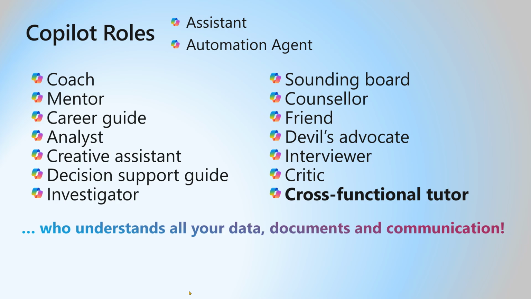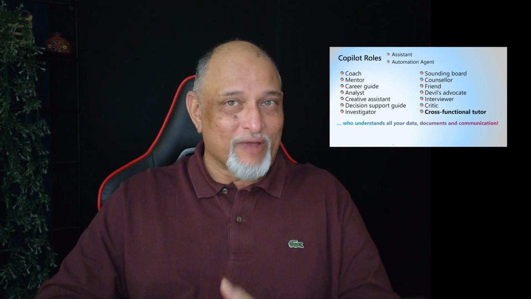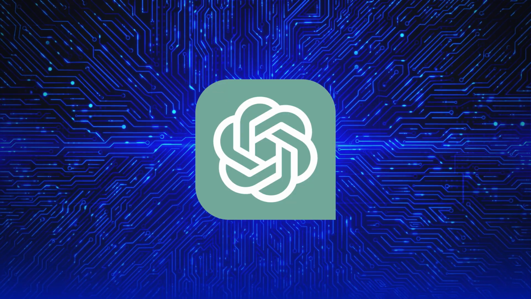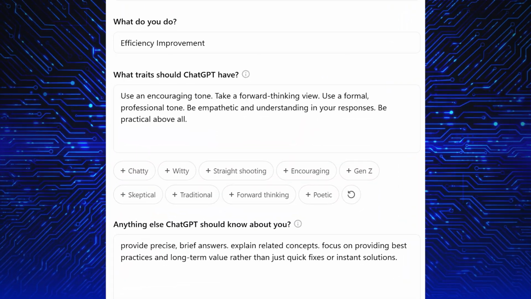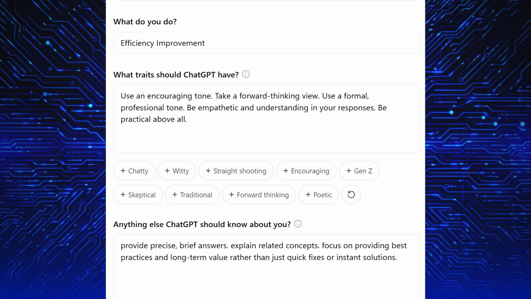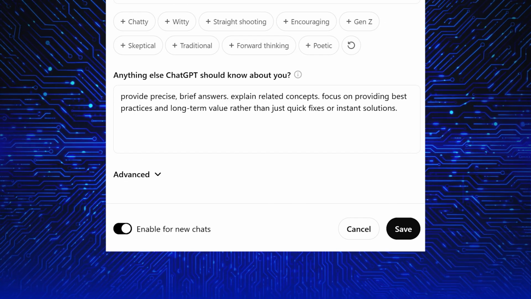If you have seen my videos or attended my sessions, I am sure you have seen this slide. In this video, I'll show you how to achieve this so that Copilot plays multiple roles and gives you much more value. GenAI tools like ChatGPT have something called custom instructions, where I can specify how I want ChatGPT to behave. And whenever you put a prompt, all these instructions will be pre-applied.